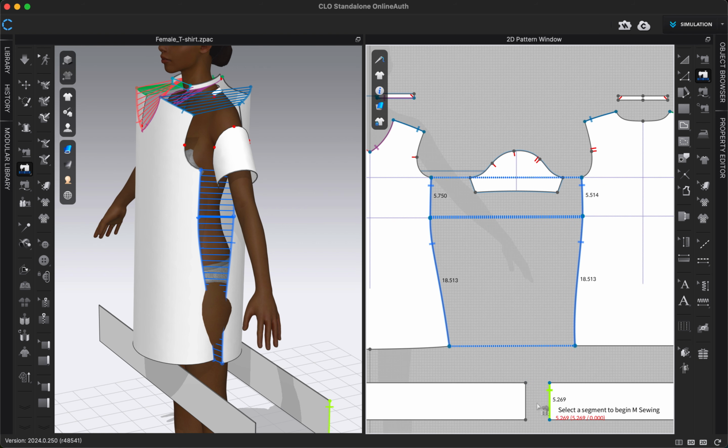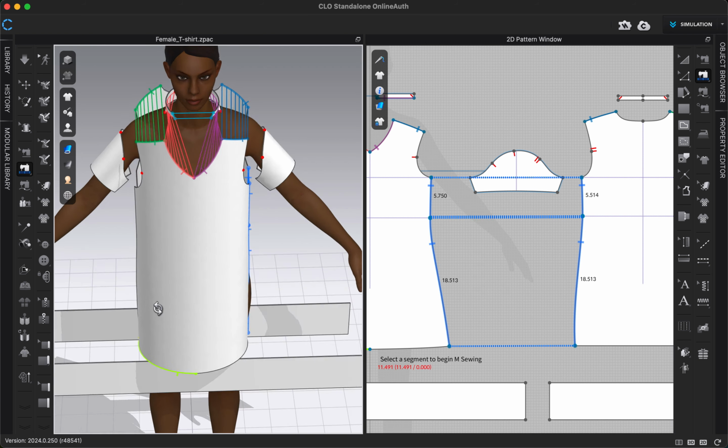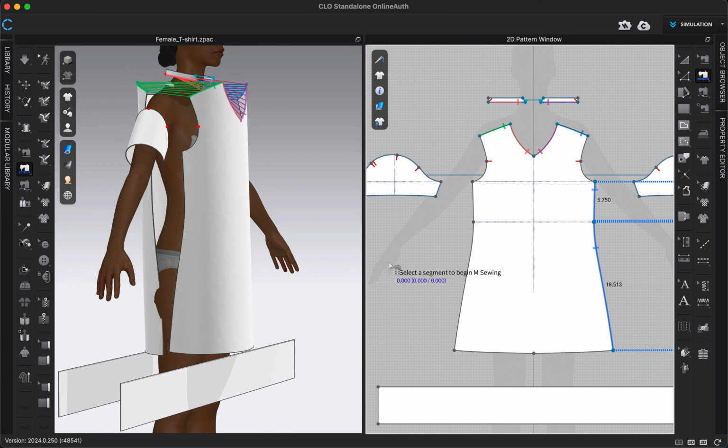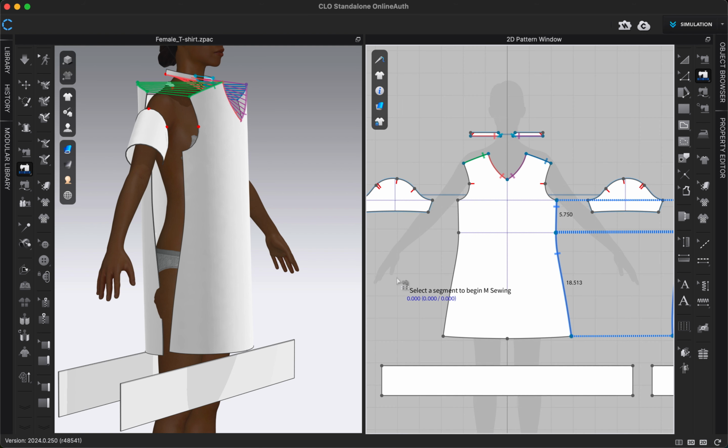I also have this rectangular pattern piece down here that's going to be gathered into our dress. And one thing that I can do right now is, I didn't sew it together using in segment sewing on this seam to show you that you can just sew single pattern pieces together, but I'm going to rotate around to the other side and show you that you can also use in segment sewing to sew multiple pattern pieces together. So we're going to start out a similar way, still in segment sewing, clicking, continuing down, and this time